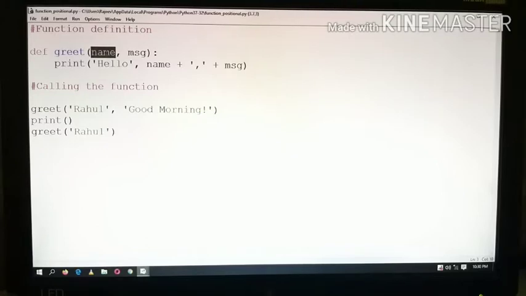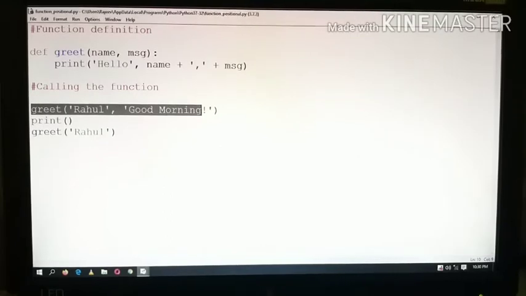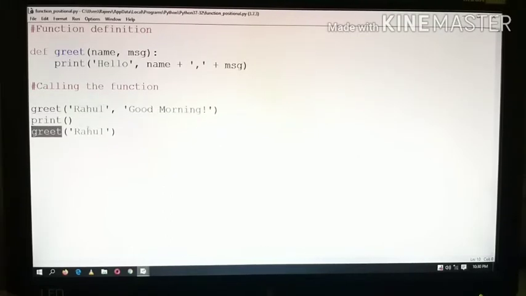If you define any function with two arguments, when we call this function providing two arguments, then it will work fine. But if you are not providing the two arguments, means in this case you are providing two arguments, there will be no error. But in this case, if you are providing only one argument, means Rahul is assigned into name, but for